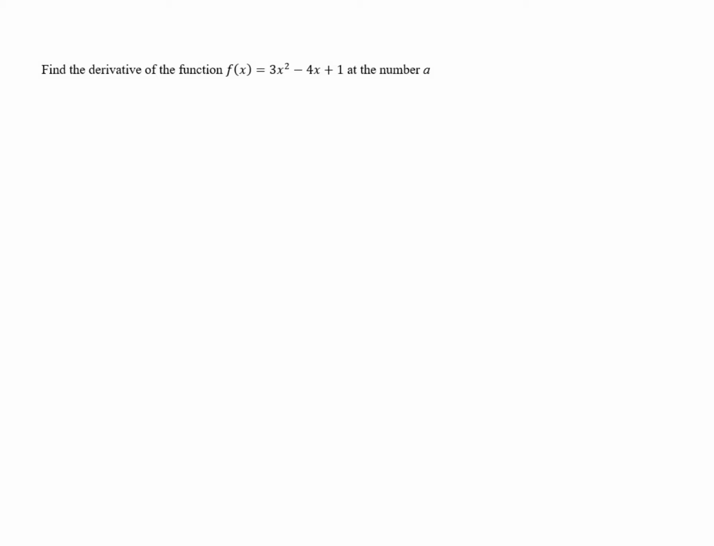Find the derivative of the function f of x equals 3x squared minus 4x plus 1 at the number a. So we need to find the derivative, which means we need to use the formula for the derivative, this limit-based formula. We've got the limit as h approaches 0 of f of a plus h minus f of a all